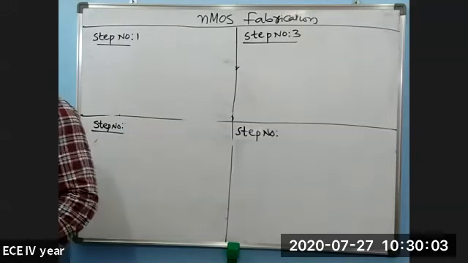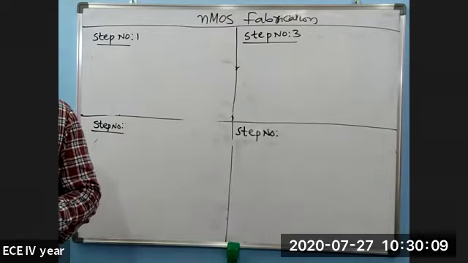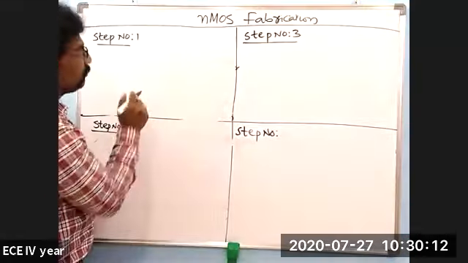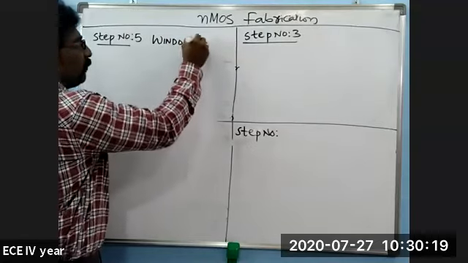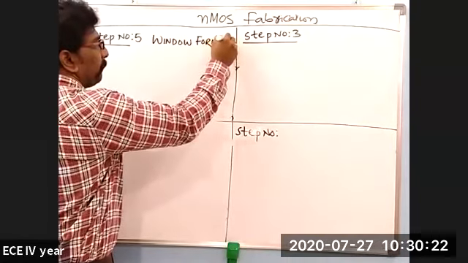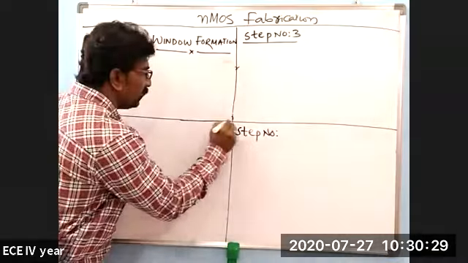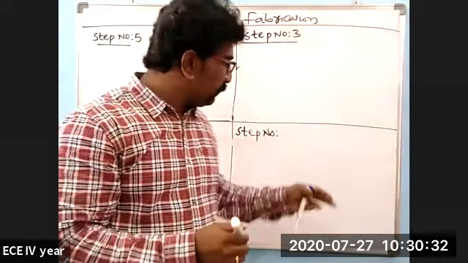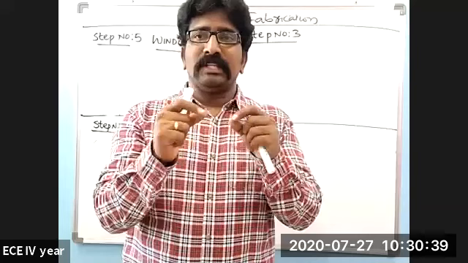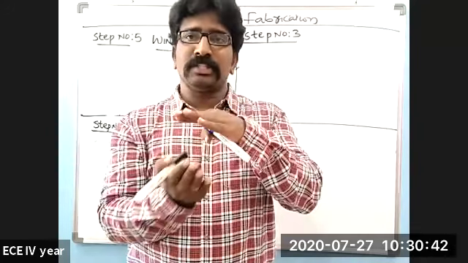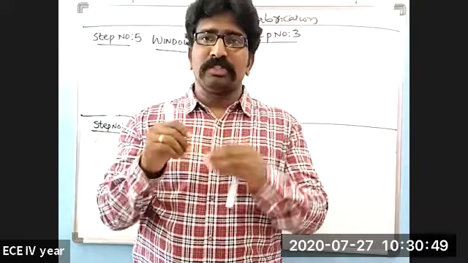Okay, next step is window formation. Step number 5. Window formation is nothing else but a process. In the previous step, the fourth step, we have done the masking with the thick glass. Thick glass indicates that the UV rays should not affect the lower surface of that particular glass. So wherever the region of the substrate is softer, you'll try to etch it off